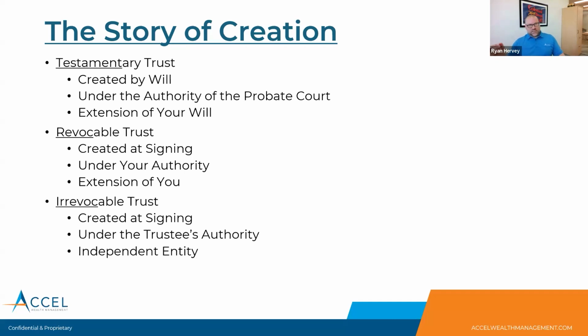And the reason is it's got its roots in what probate court does. Probate court exists for the orderly transition of property. So if we're talking about me and I have a will that creates a testamentary trust, when I die, I own my property. And so in order for it to get to that trust, the probate court will create that trust under the will. That's the authority. And then my assets have to transfer from my name into my trust.